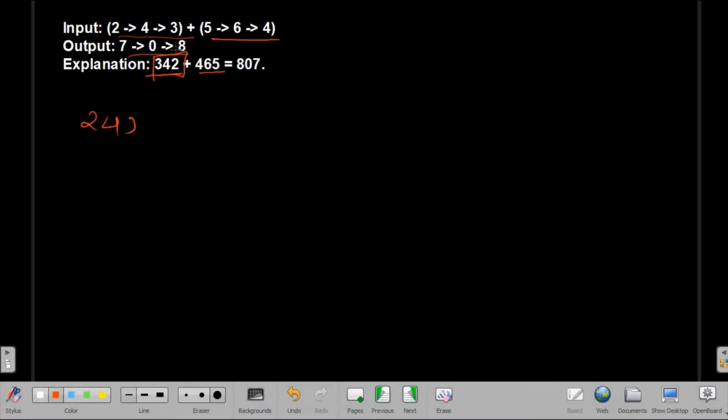So we have to reverse, add them to get 807, and again reverse it to get the desired output.